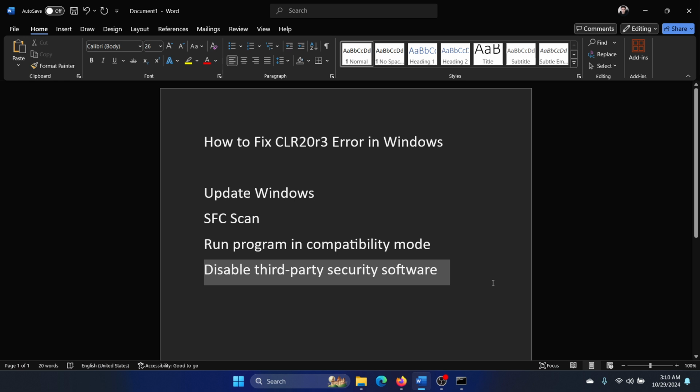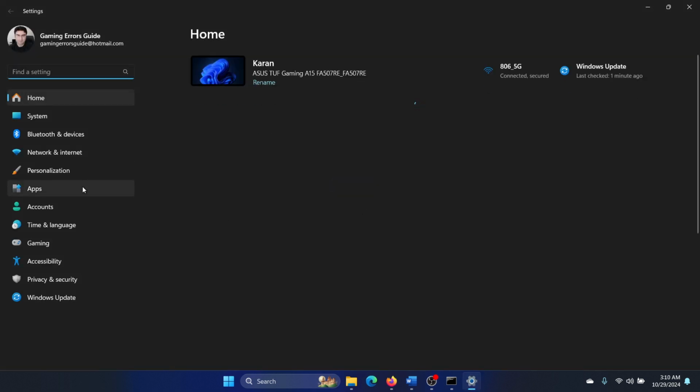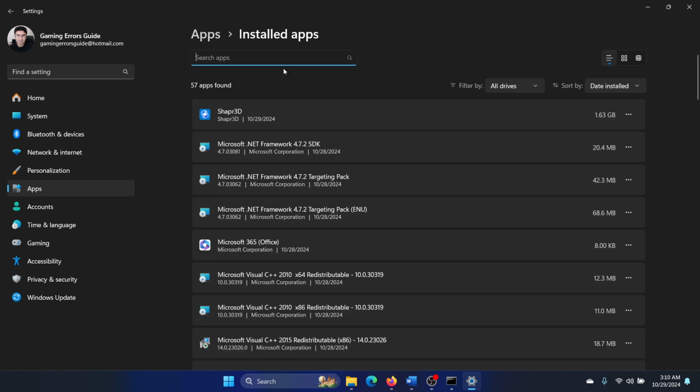And lastly, disable any third-party security software. Now I don't use them, but I'll show you how to disable them. Right click on the start button, select settings from the menu, go to the apps tab on the list on the left hand side and select installed apps. Okay. Now if it is sorted by date installed, simply click on the three dots associated with the security software